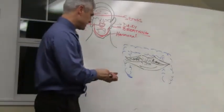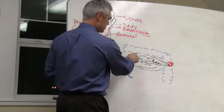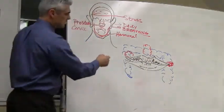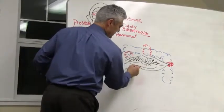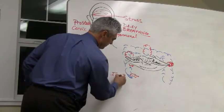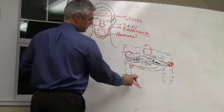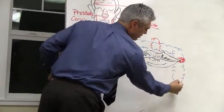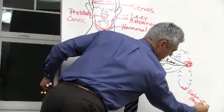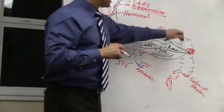For example, how many of you have seen people that continually get cold sores on the left side of their mouth? Okay? Or they get this little cold sore right up in this area. Or they'll get this cold sore right up in this area. Okay? So you can see quickly when a person has these cold sores that basically this is the junction between the small intestine and the large intestine. This is called the ileocecal valve. This is the appendix. And then that has the right ascending colon, the transverse colon, the descending colon, and then we have over on this side what's called the valve of Houston. And then it goes into the sigmoid colon, and then descends out through the rectum and the anus. So when you actually look at this, here's the up